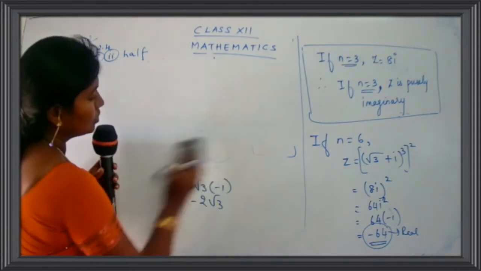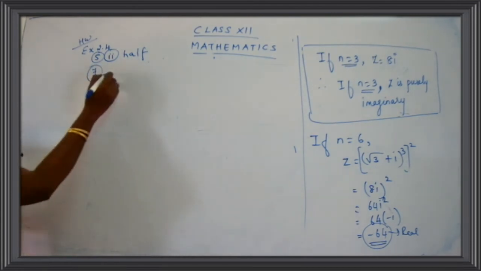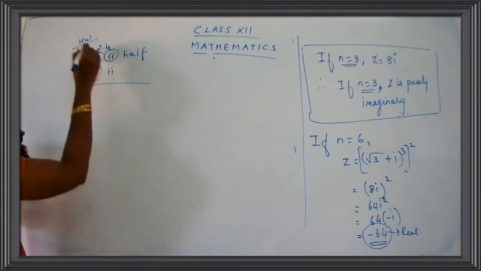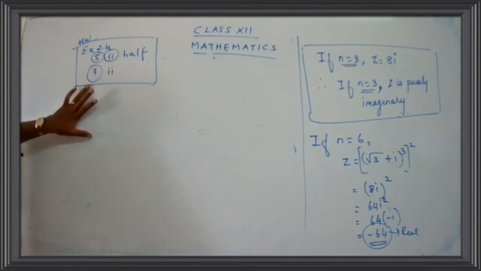For homework, I have given you only one sum, children, from 2.4, question number 5. The second half is your homework. And I'll give you one more sum from question number 7: you have to do the second part as homework. So you have 2 sums for your homework. The sums are lengthier, so do the steps carefully. Nobody is going to skip the steps. You have to show the calculations and the working, and complete your sums. So what is the homework, children? The homework is from question number 5, the second half, and from question number 7, the second subpart.